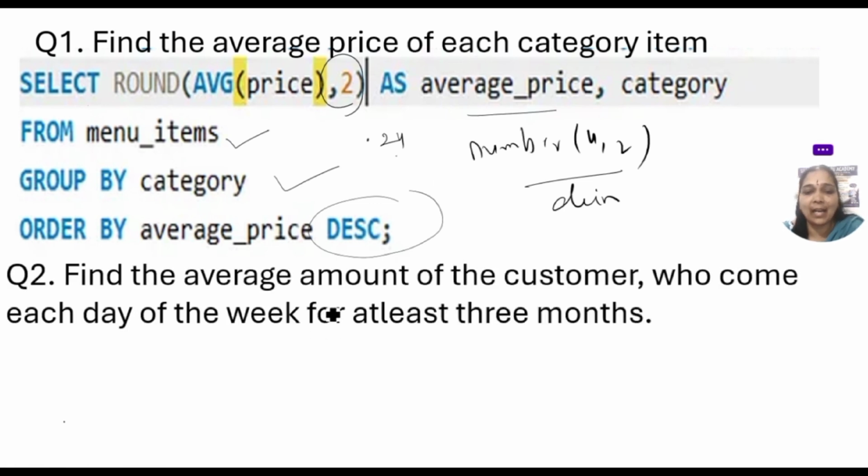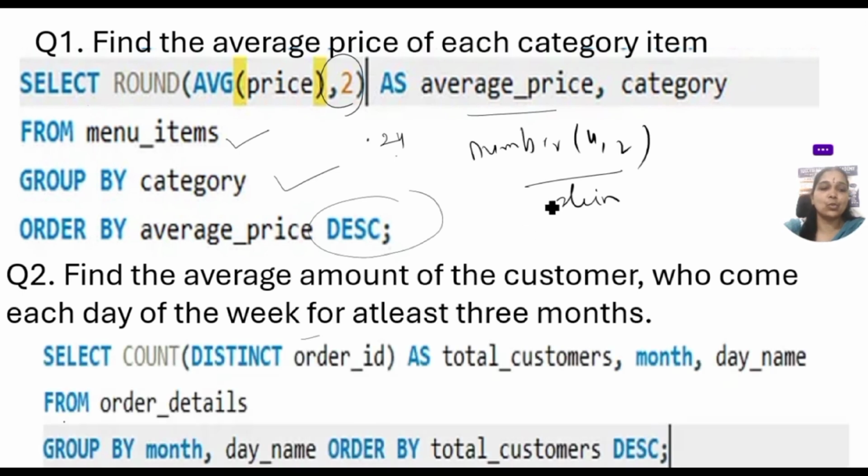Second query: find the average amount of the customers who come on each day of the week for at least 3 months. Regularly they are coming to our restaurant, each day of any week, for at least 3 months. So select, at first we have to count, so count on the basis of the order ID as total customers.